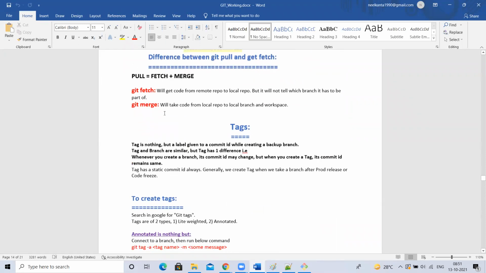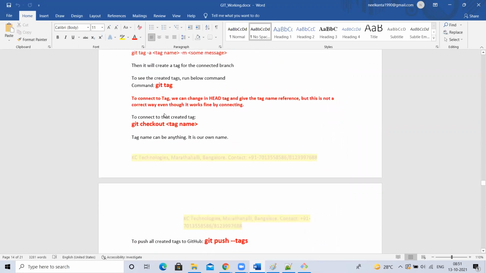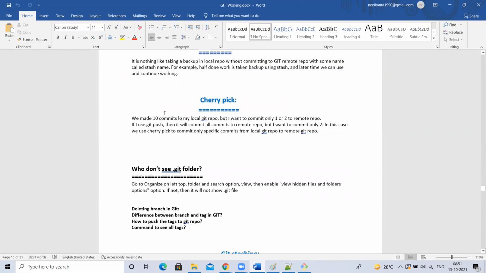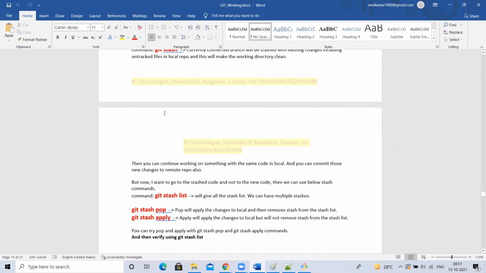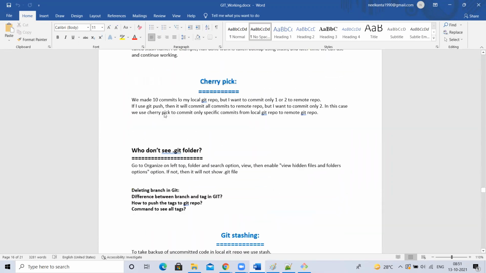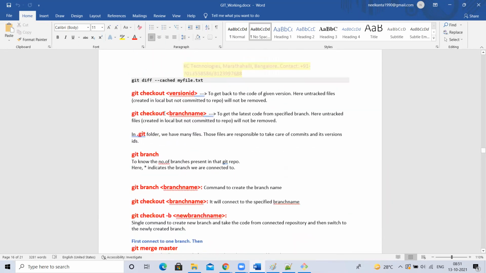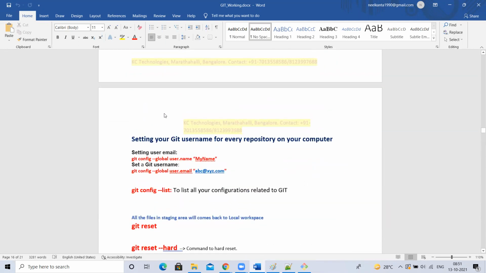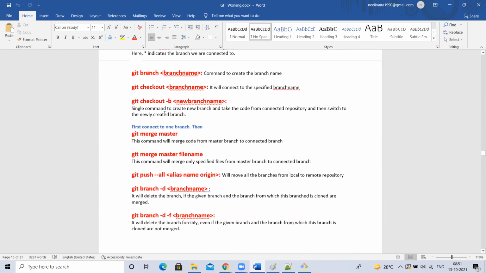Okay, this also I discussed. Tags I need to discuss. Stashing also I'll discuss. Rebase, Git hooks. Git hooks is not a concept to discuss now. So is anything else pending here? Okay, these are all done. Let me discuss